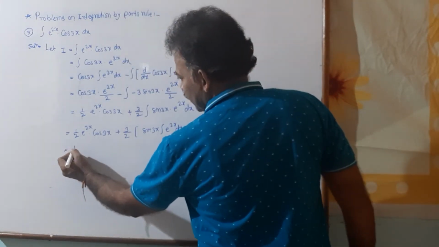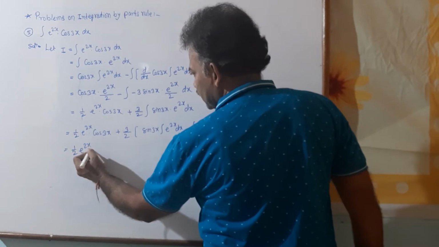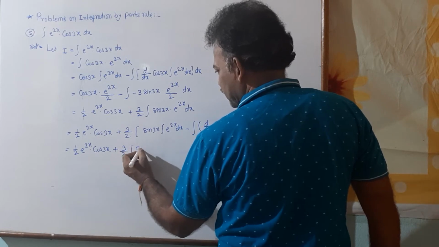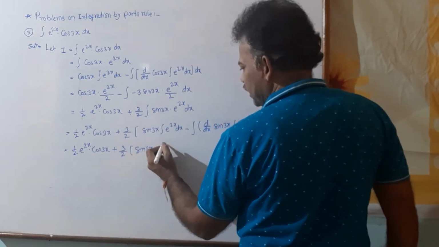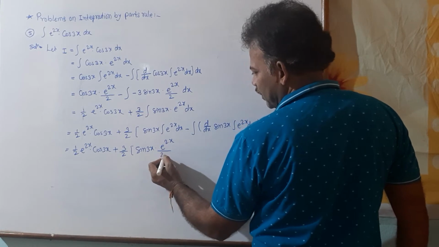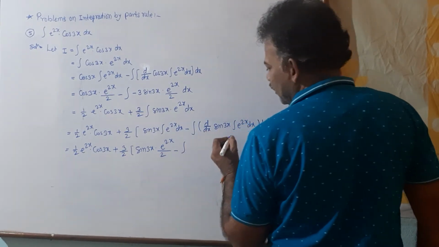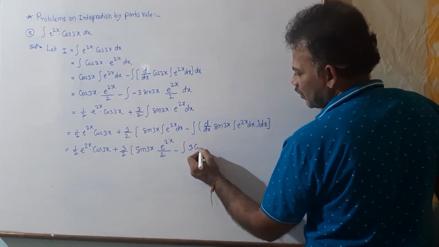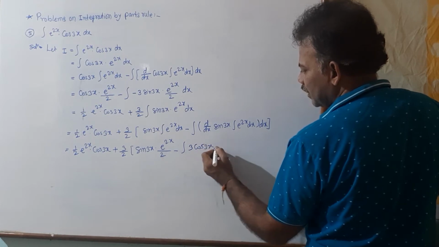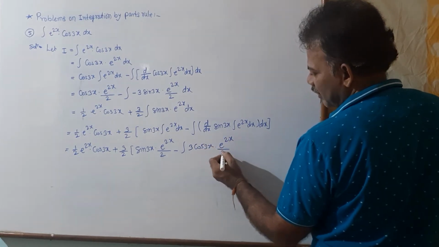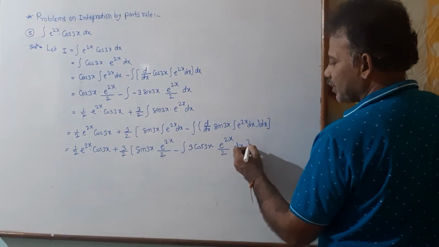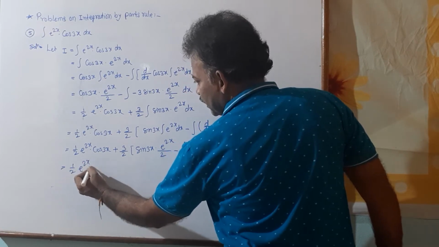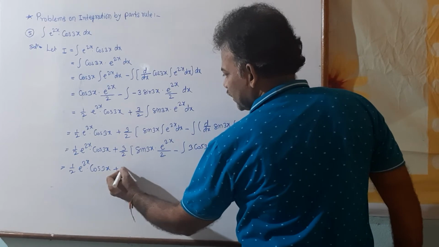So it is equal to 1 by 2 e to the power 2x into cos 3x plus 3 by 2 in bracket, sin 3x, integration of e to the power 2x same, divided by 2, minus integration, derivative of sin 3x, cos 3x, and multiply by coefficient 3. So 3 cos 3x, integration of e to the power 2x same, divided by 2 dx, bracket. So it is equal to 1 by 2 e to the power 2x cos 3x plus 3 by 2